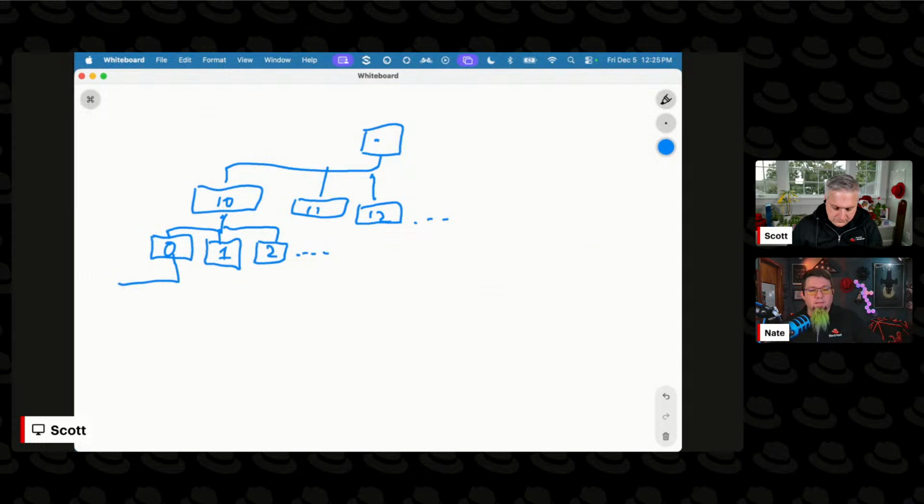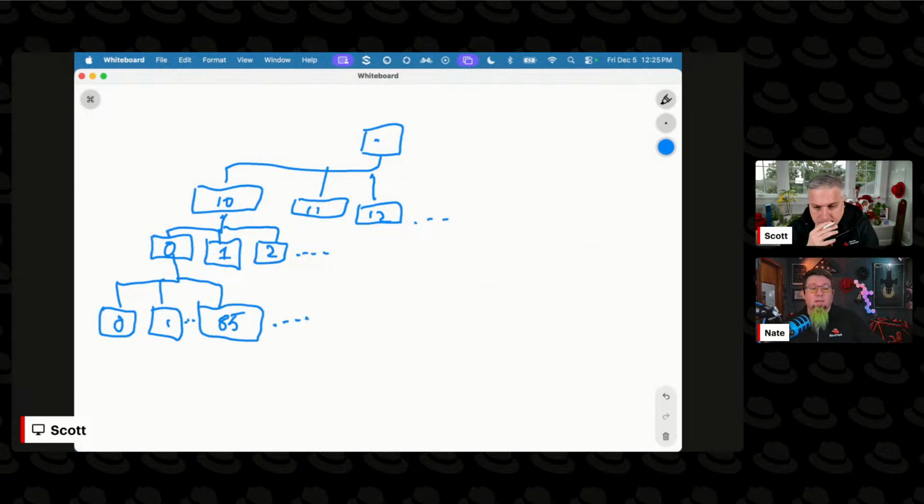That's like the intended use case for DNS. It is a forward lookup. What Scott's depicting now is what we call a reverse zone or a reverse lookup, where you're asking, what's the name for this IP address? I have an IP, and now I want to look up information as to what its name is.